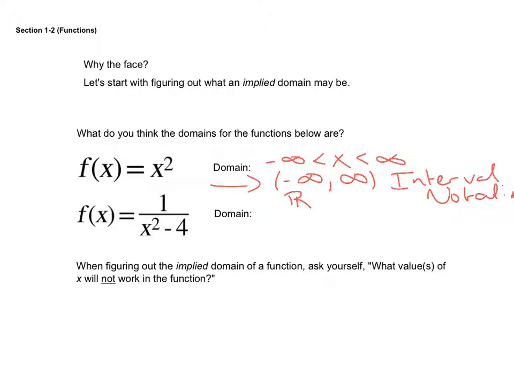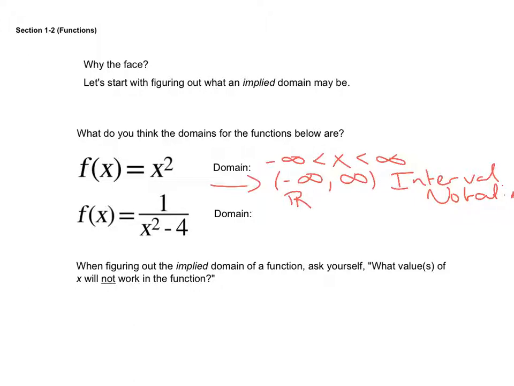So, how about the bottom? f of x equals 1 divided by the quantity x squared minus 4. What do I know about fractions? I know that I can't divide by 0. Division by 0 is not defined, so I can't do it. So I need to figure out what value of x makes this undefined. Well, I know that this is going to be either negative 2 or positive 2 that will make the denominator